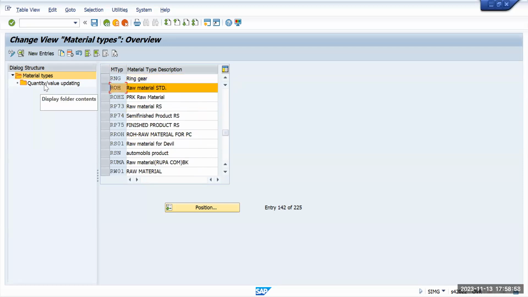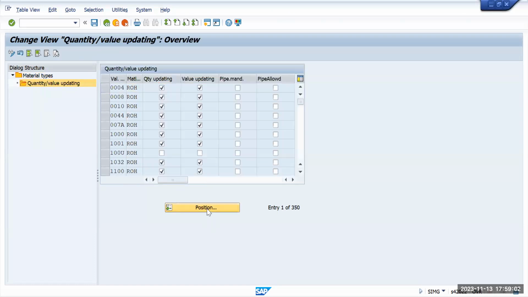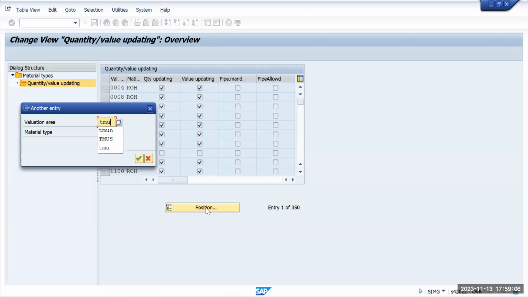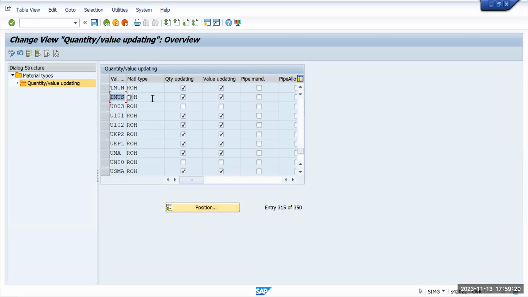So select this one, raw material standard, and click on here and click on position. Tata Motors UN. So I see that ROH is extended to Tata Motors UN as well as US. So that should have appeared there also. So let me